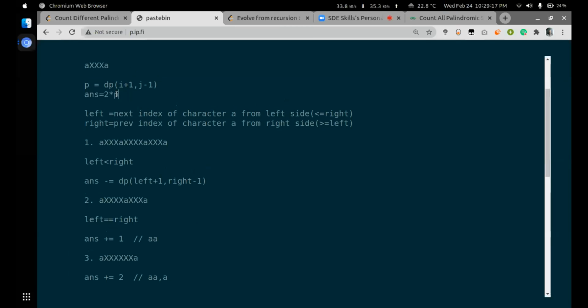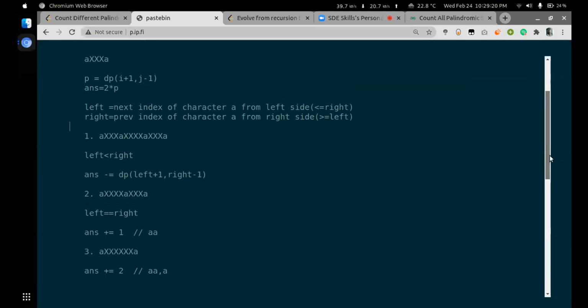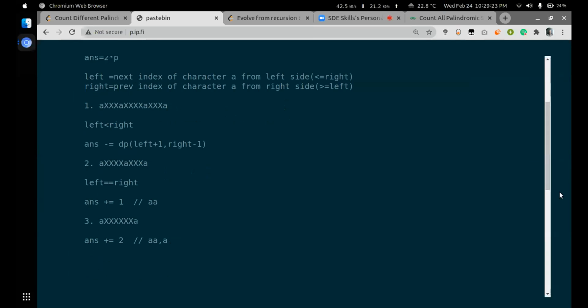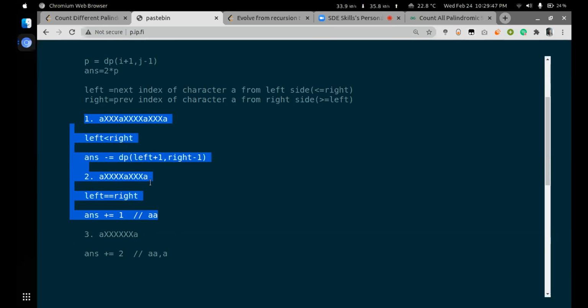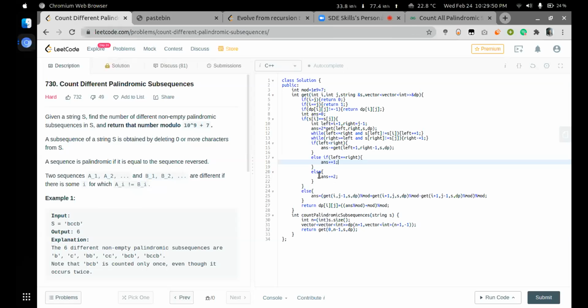So in the first condition, you are ignoring all the x's, what you are saying on the 3, right? But that will happen only when your left is equal to right, or right is equal to left plus 1, or either way, right? So if they are close to each other, and if any of these two conditions are not satisfied, this means that I won't find any A in this substring. So I'll just add 2. Otherwise, it is not possible to check if there is A in between if we ignore these two conditions. So this is why in my solution I have just added answer plus 2 if any of these two conditions are not satisfied.